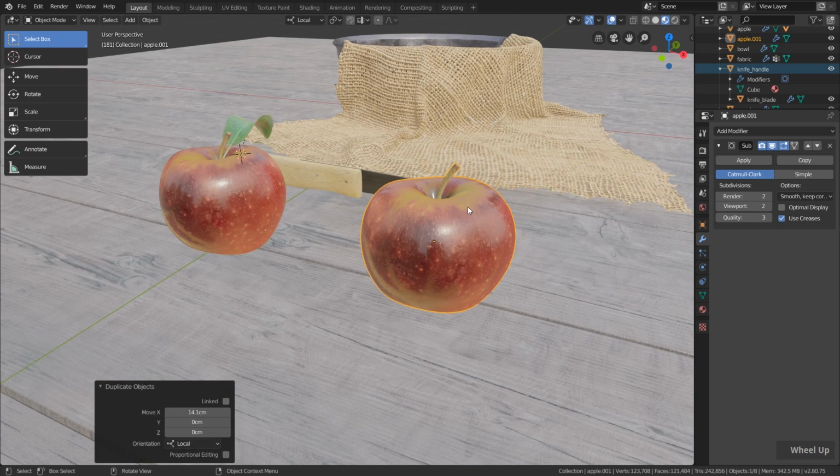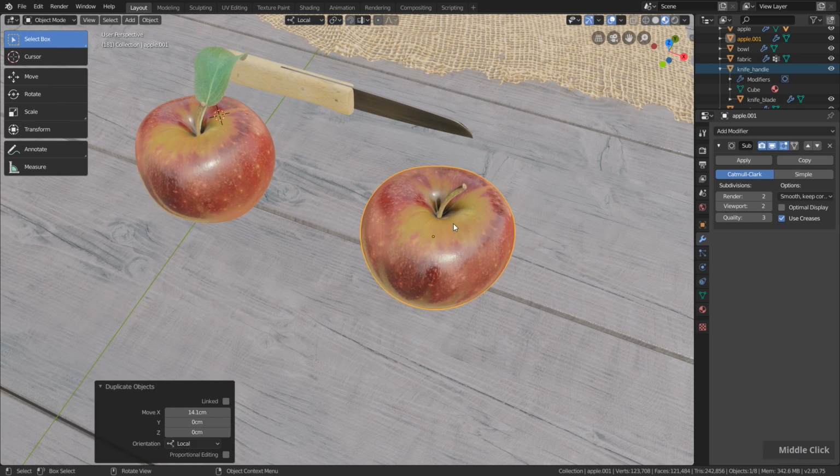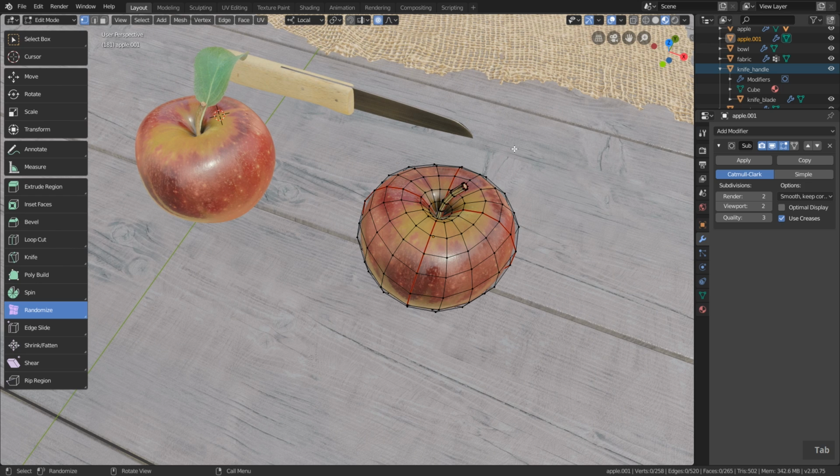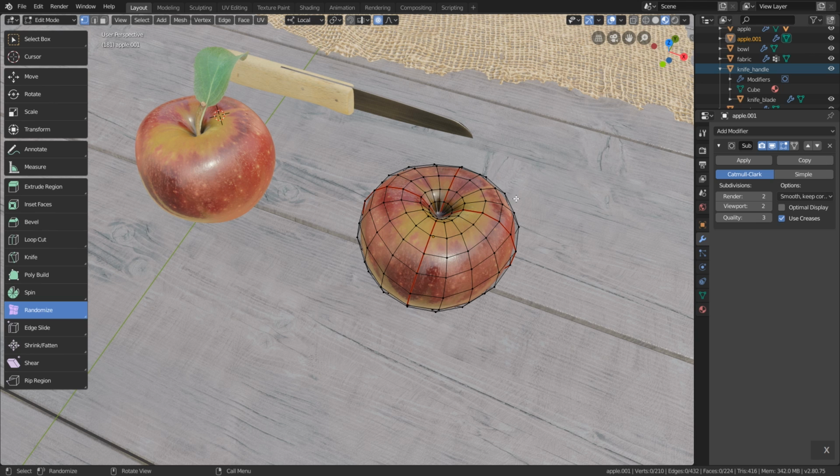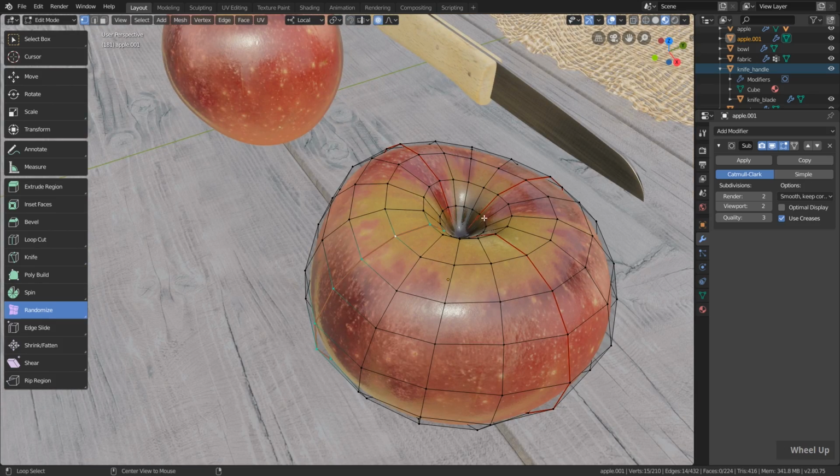And now let's create the apple which is cut in half. Tap to edit mode. First of all, deselect everything. Move your mouse above the stem here, press L and X and click on vertices to delete this completely. Then by holding down Alt, left click on here and then with Shift Alt, left click over here to select